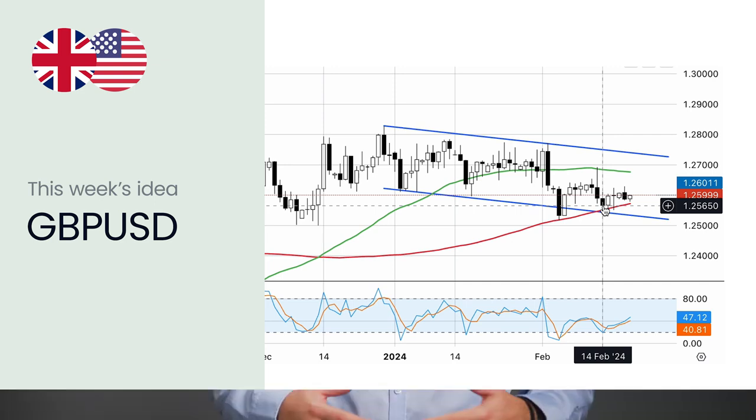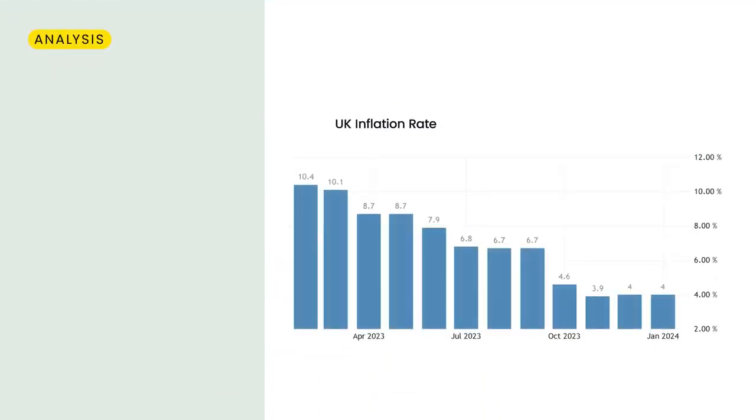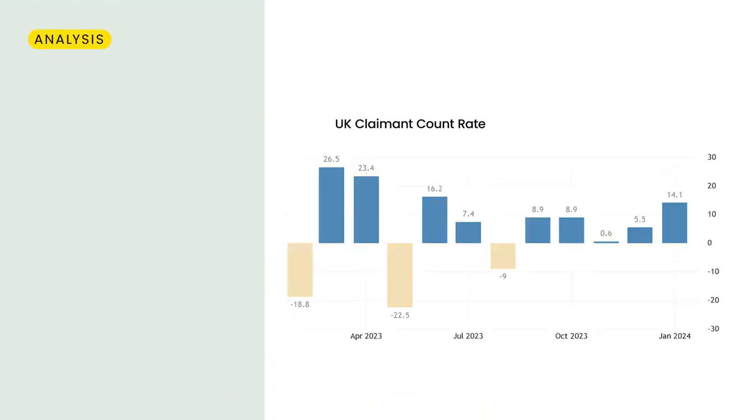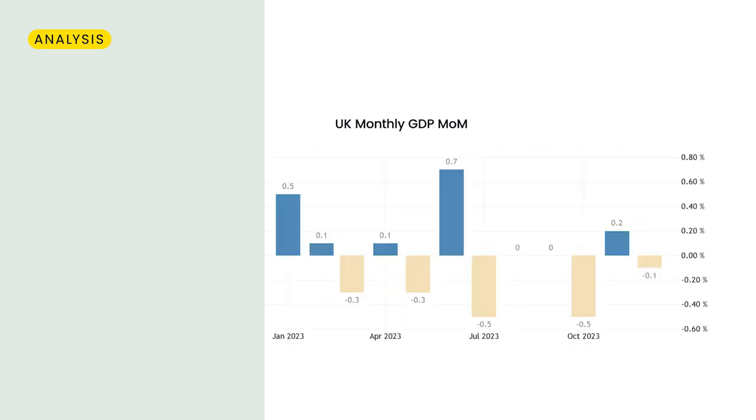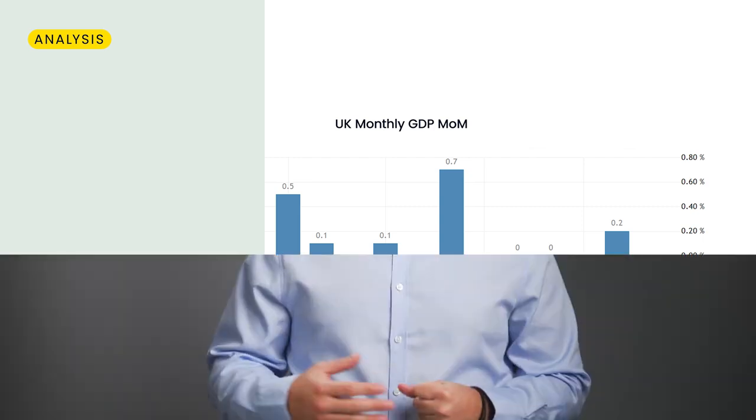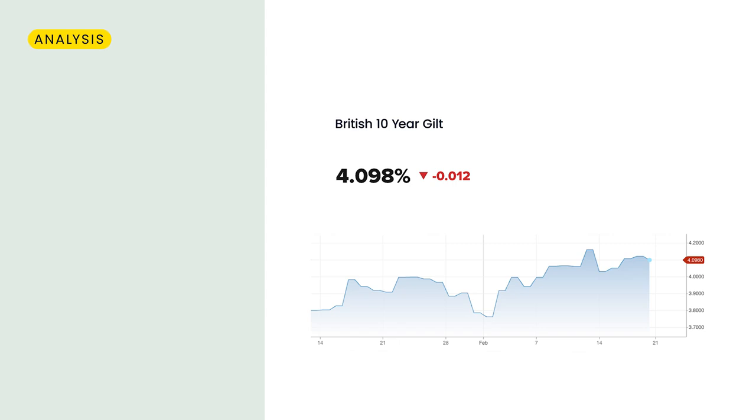The main narrative behind this idea is the weak economic data published last week from the UK, where inflation was static at 4%, unemployment benefit claims were more than double for January, and GDP declined to negative territory month over month. All this data indicated pressure on the quid, leaving it unable to make significant gains against its peers. Also, the 10-year gilts have slowed down in the last week, indicating that capital flow has lost some steam, also putting pressure on the British pound.